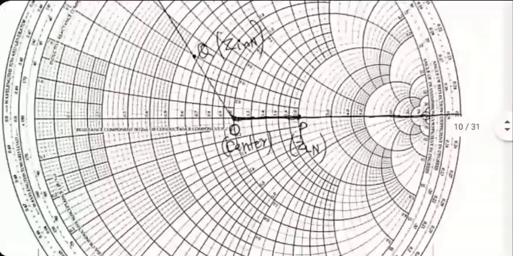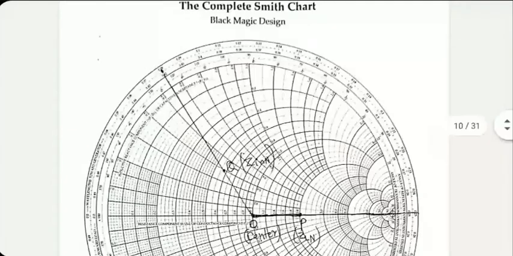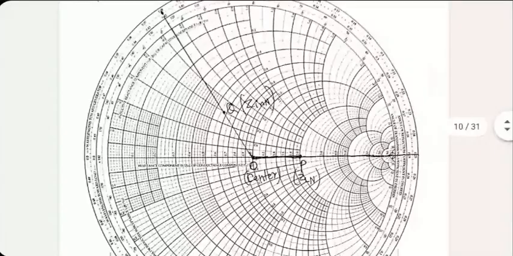Then you move by 0.33 lambda again and you come to the point which is shown here. Join that point to the center. Now at this point, you mark Q so that OQ is same as OP. Now you are trying to maintain the same value of tau. So OP and OQ have to be equal, and at Q you read the input impedance. And then whatever values you get, you multiply by 50 ohm to get the actual values. I think I got the right answers here also.